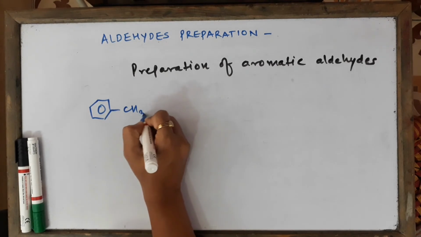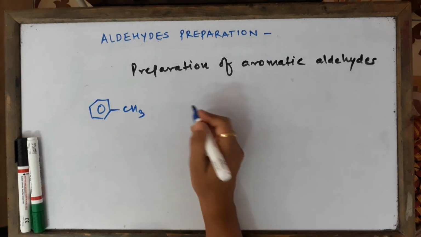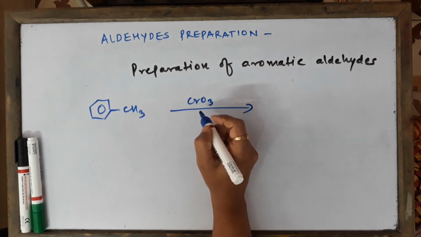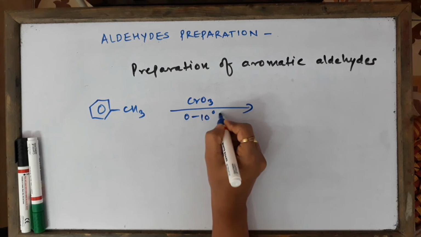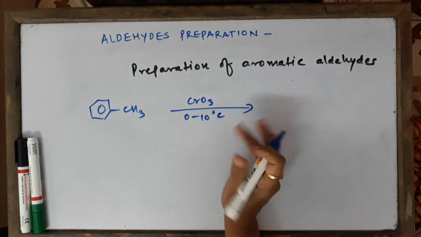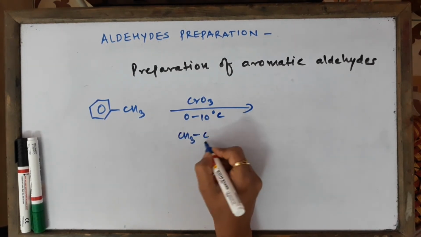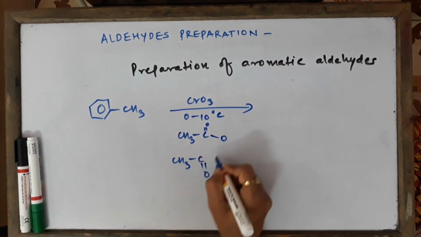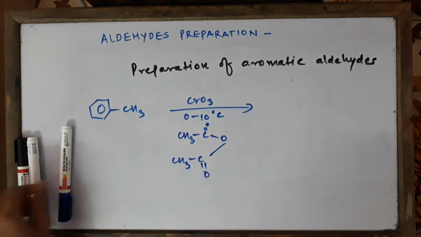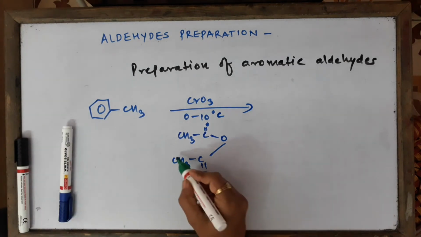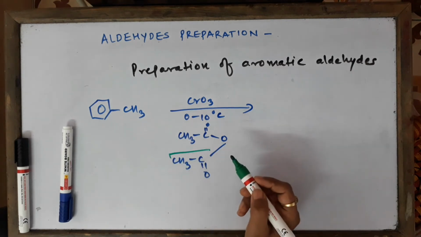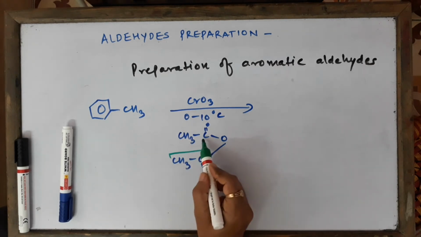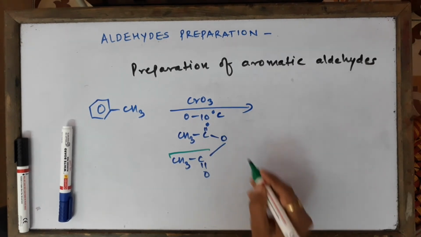So in the next one also we are going to see this only, that we'll take toluene once again, and we're going to react it with another special reagent, that is chromic anhydride, at temperature conditions of 0 to 10 degrees Celsius. So I must remember these conditions, okay. This reaction will be carried out in presence of acetic anhydride, which will be drawn like this. Look at this, it's not a big challenge for you to draw the structure in the exam. It's acetic anhydride. Acetic everybody knows, okay. So acetic means you have to take CH3CO, and from that side also you have to take CH3CO, and then just join them with one oxygen atom.